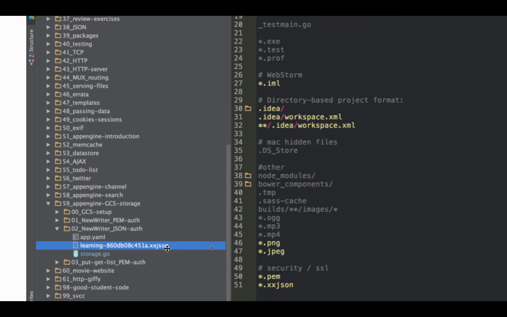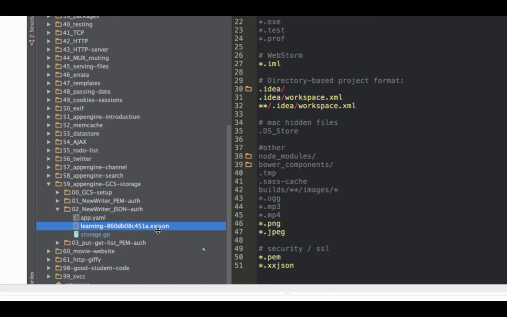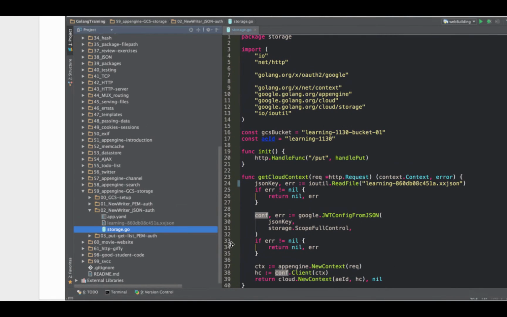I added an XX JSON extension and added that to my gitignore file so that this doesn't get pushed up to GitHub, because I don't want everybody in the world to have access to it. So that's the first thing I did. And then the next thing I did is once I had that file in there,